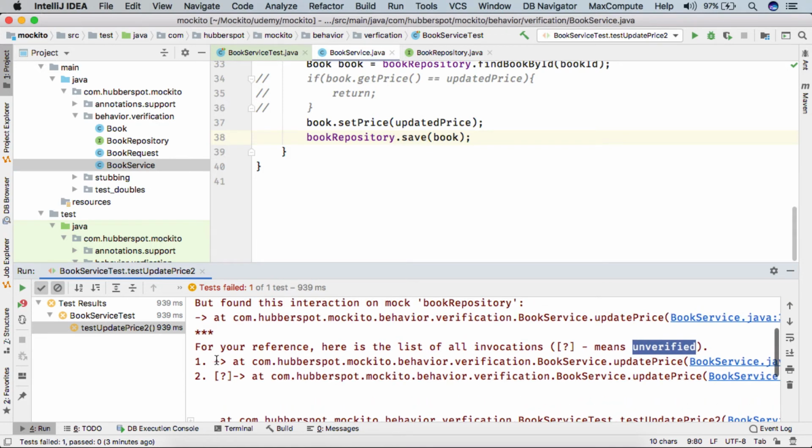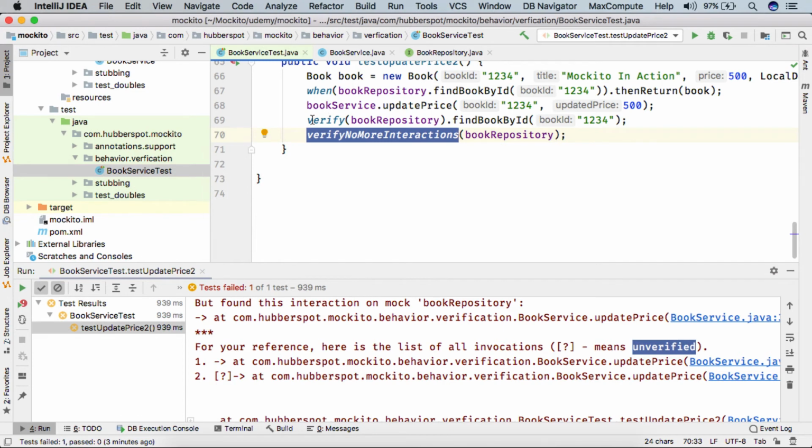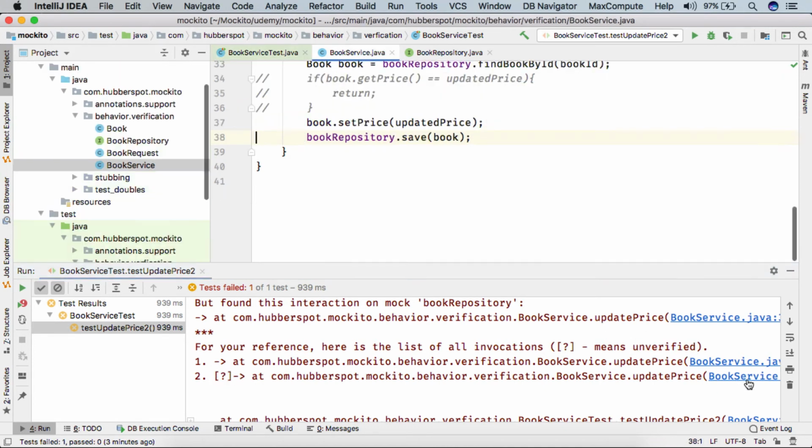If we go to our test case, findBookById we actually verified, so there is no square bracket with a question mark there. But the save we haven't verified here, so Mockito is telling us that you haven't verified this part.